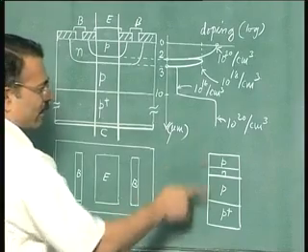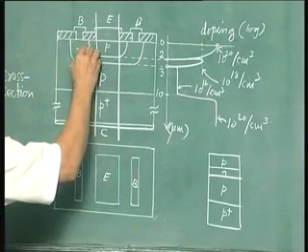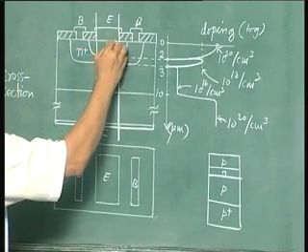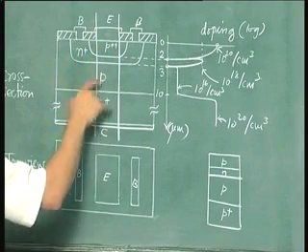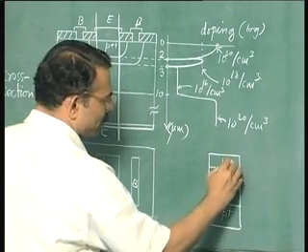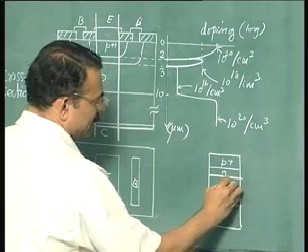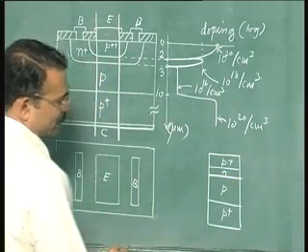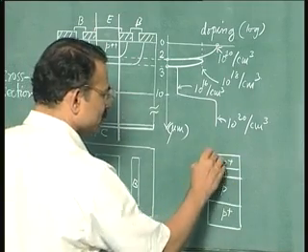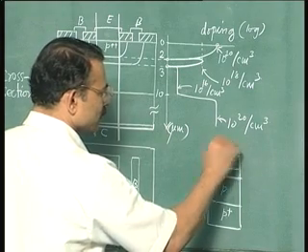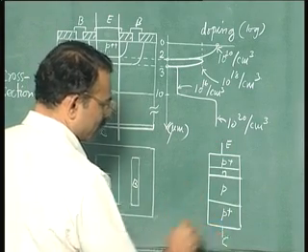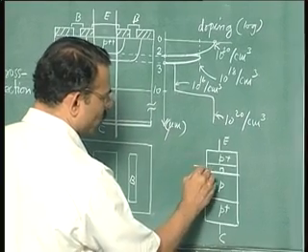So if you want to show the relative doping levels, then probably this should be called N plus and this should be P plus plus. This doping is more than this doping is more than this, and this is more than that. So P plus N and this is P and this is P plus. So this is our device, this is the emitter, this is the collector, and the base contact we will show on the side.